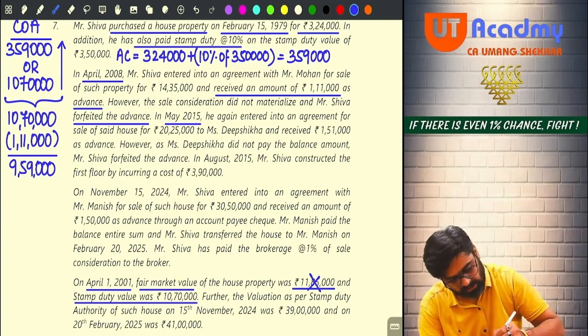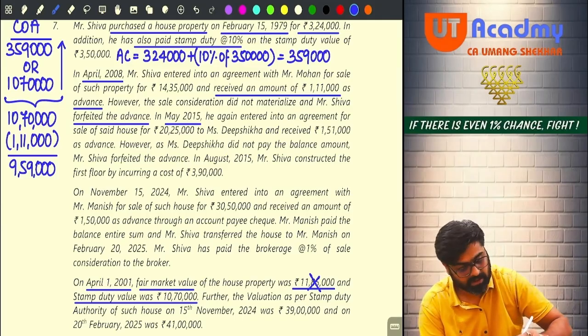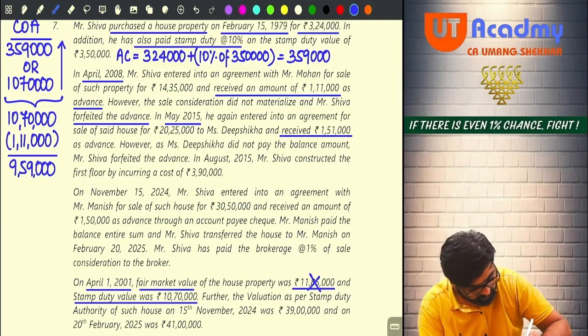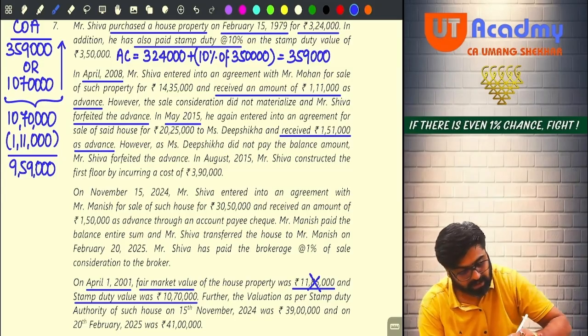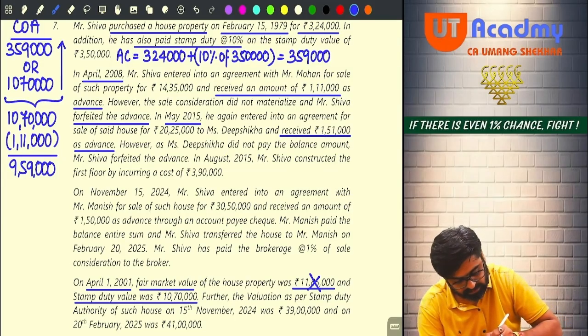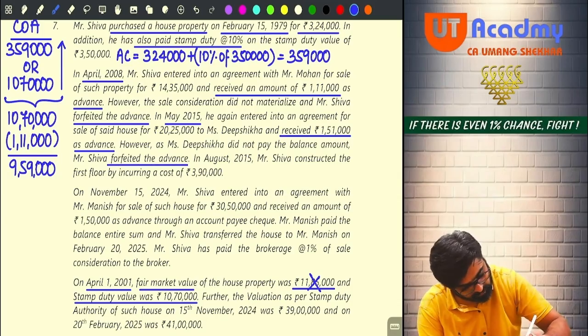So that year what he did, he again entered in an agreement to sell the property to Deep Shikha and received rupees 1,51,000 as advance. However, Miss Deep Shikha did not pay the balance amount. Mr. Shiva forfeited the advance, meaning this 1,51,000,